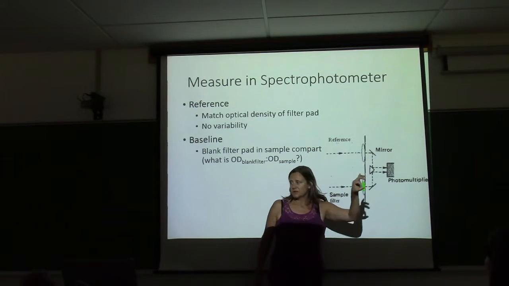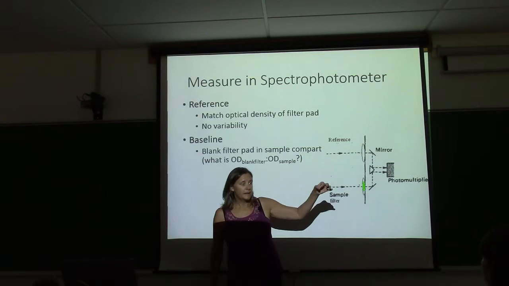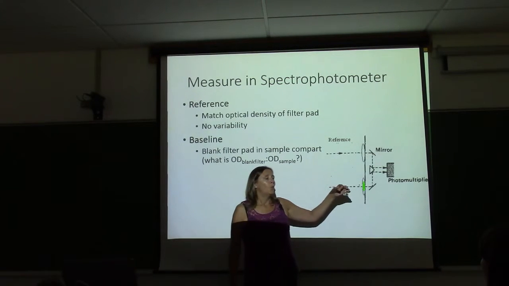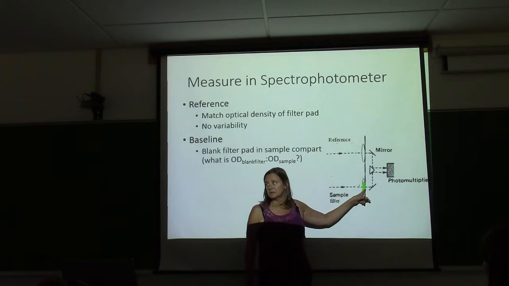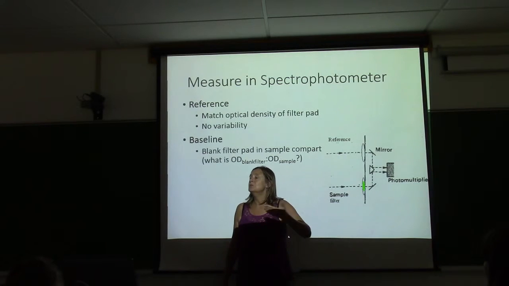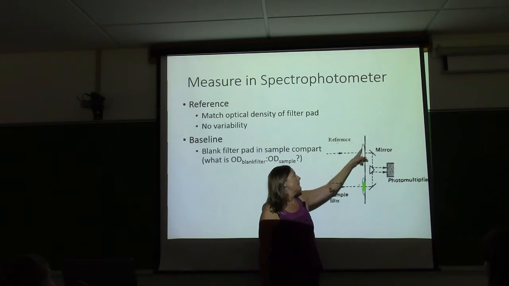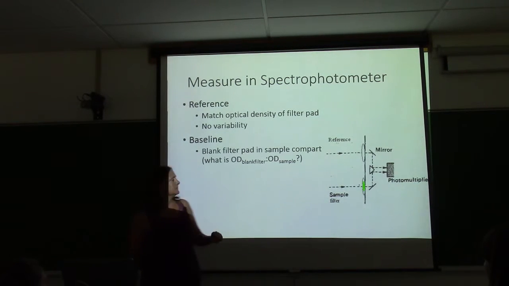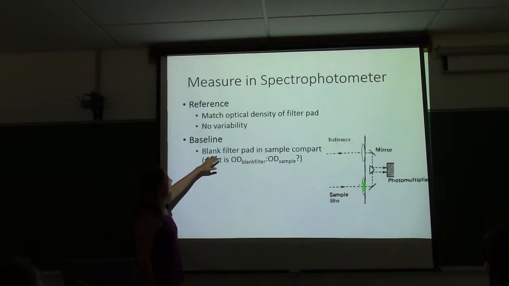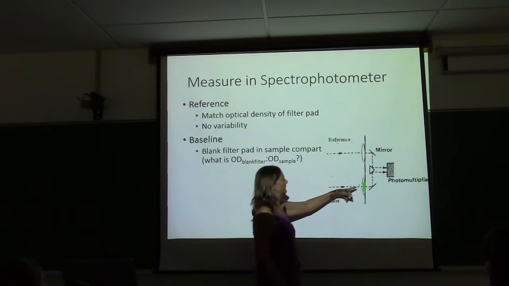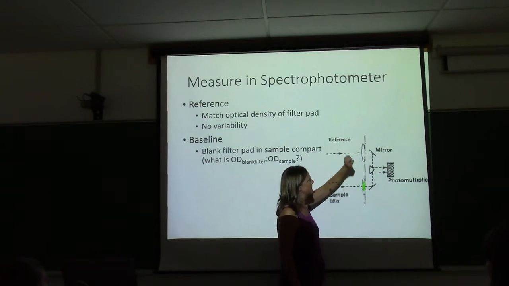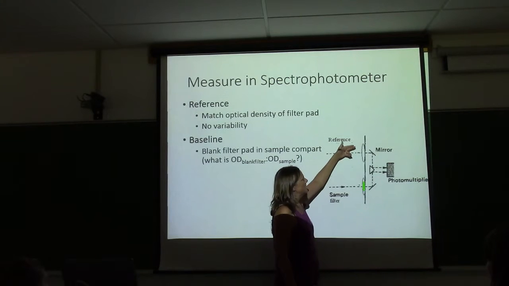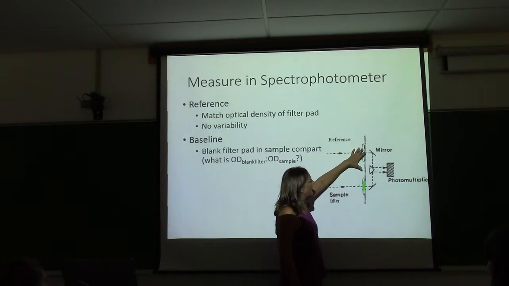So if you have a filter with phytoplankton on it, or any sample filtered onto it, what part of that are you not interested in? The filter. So you want to remove that signal. So you take a measurement of a filter, right? Sometimes you can just take a bunch of readings of blank filters and figure out what the average filter is. Some people do that approach. Some people measure a single filter and use that as your